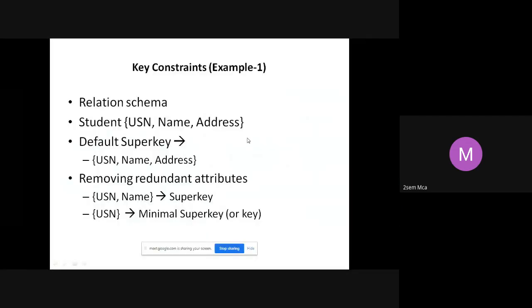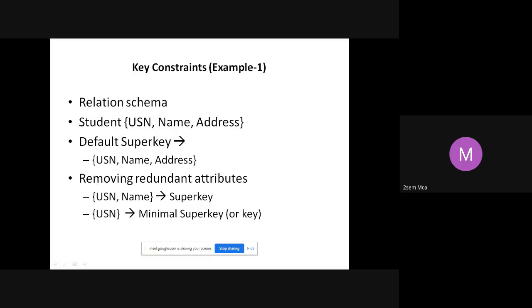So we stopped at this point, just to give you a quick recap on that. Super key means, when we say default super key, we are going to consider all the attributes of the table. You consider it as a default super key. Now, when you go for a minimal super key, what is a minimal super key?